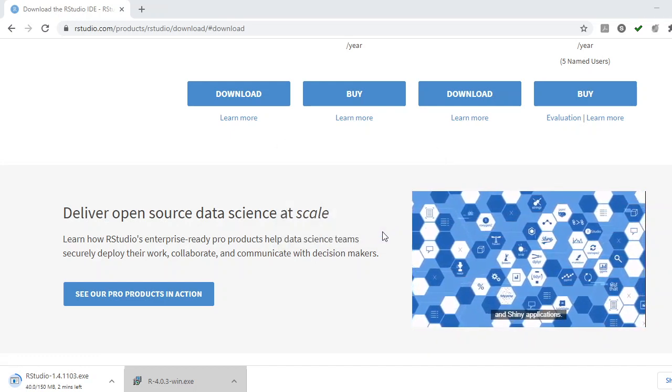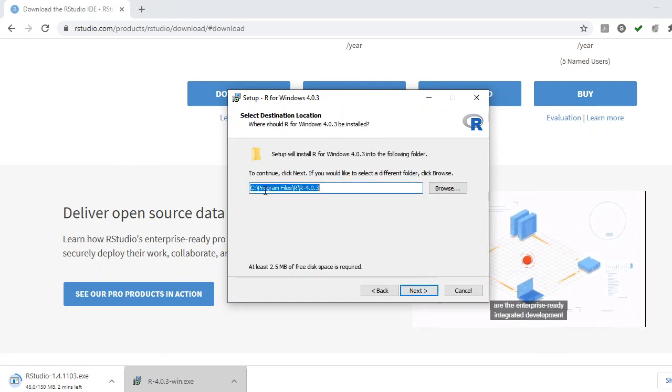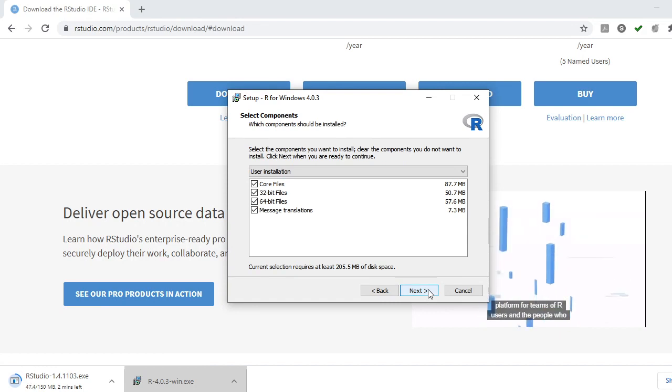Select language English, then click on next. I want this installation on C drive, click on next.